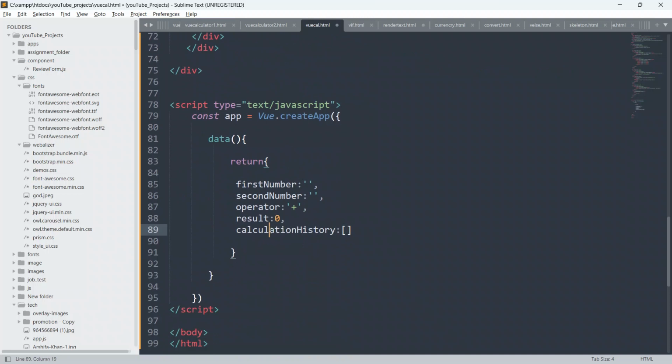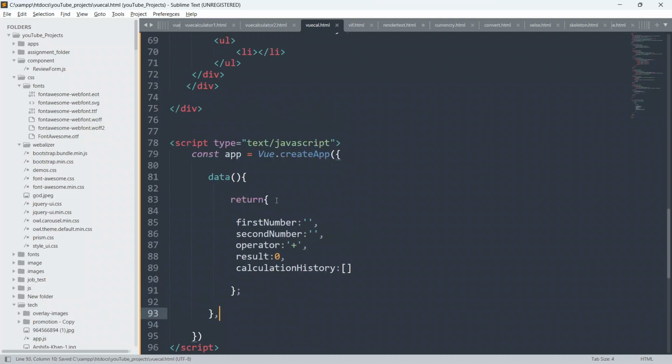That's why I have created this variable, and as of now I have initialized this calculationHistory array with the empty array. Just give semicolon and just close this, put comma.